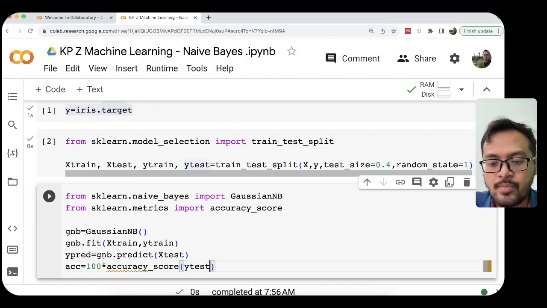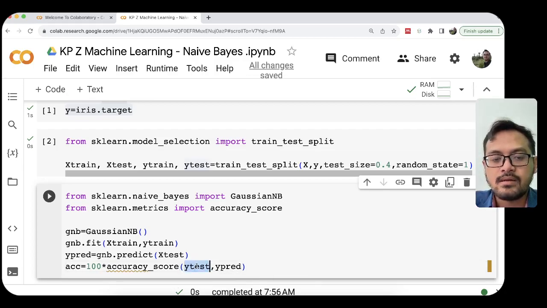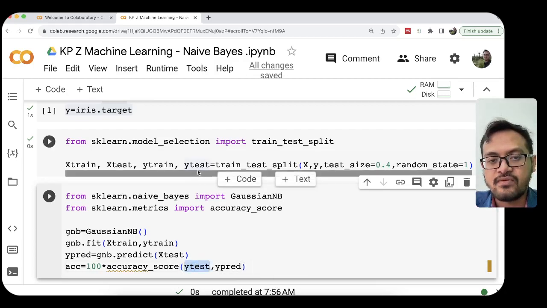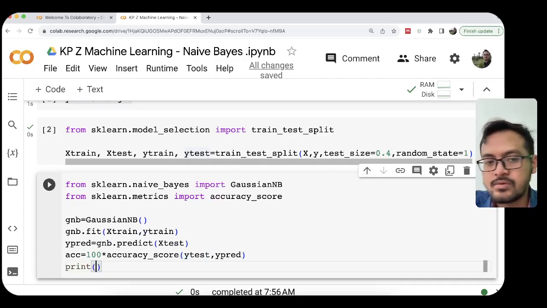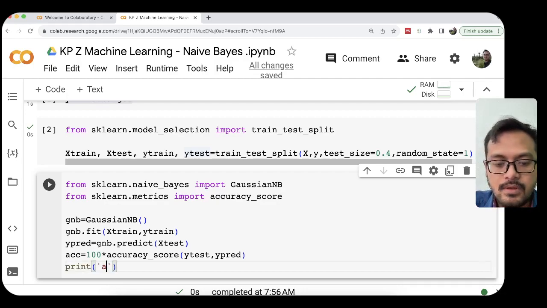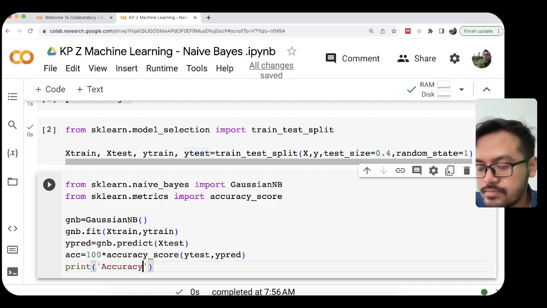We compare y_test and y_pred. y_test is the ground truth, the actual values for our testing set. Then we print the accuracy with percent 0.2f, so we only put two digits after the point.